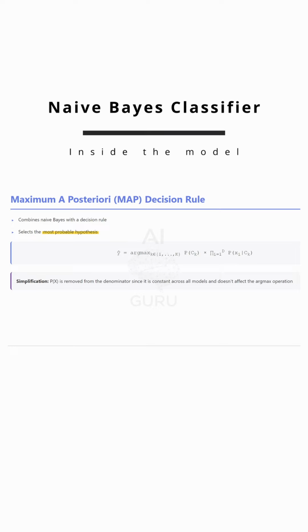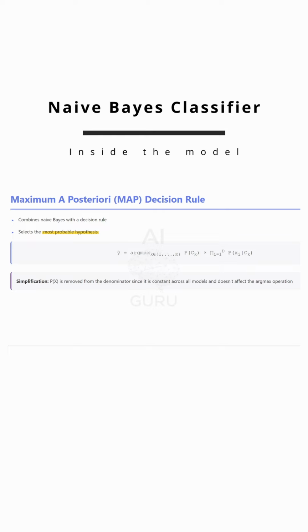And it's important to note, we can often completely ignore the denominator in Bayes' theorem, the P(x) part, because it's the same constant value for all the classes we're comparing. Since we only care about which class has the largest score, that constant denominator doesn't actually affect the final decision, we just compare the